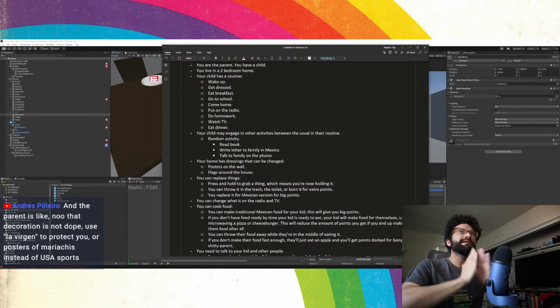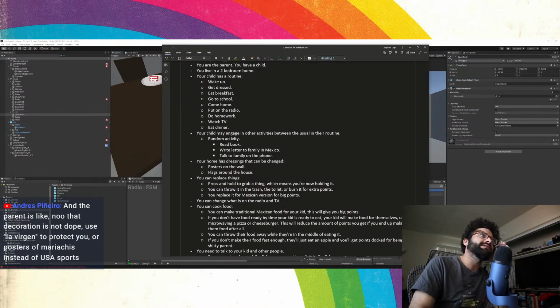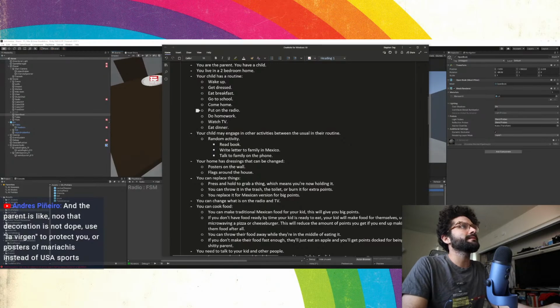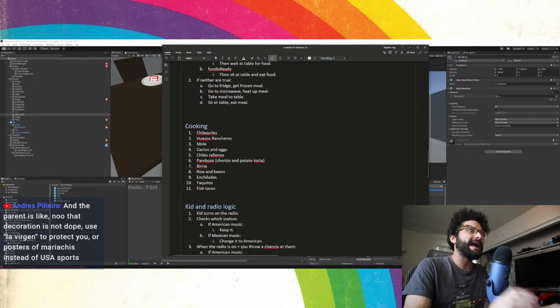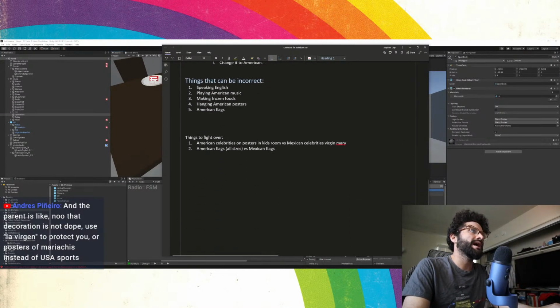Okay. I think that actually helps solve the problem with the homework thing. Because before, I wasn't sure how to divvy up all these little activities. He comes home, puts on the radio, does homework, watches TV, eats dinner. Then he might read a book, write a little letter to the family in Mexico, or talk to the family on the phone. There's all this variety of things to do, but I wasn't sure how to make it so you're not just chasing him doing the same thing, that he'd take little breaks. And I think the answer to that is that you have